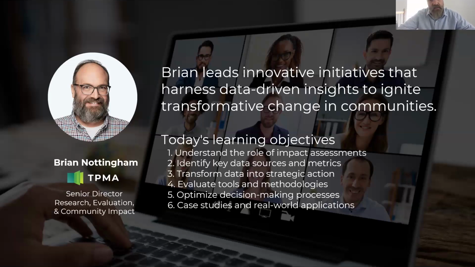Like I said, there's a lot to cover here. There's a lot of really complicated topics. But in general terms, as far as what we're trying to accomplish today, I just want to talk a little bit about the role of impact assessments and how they can be utilized and deployed in communities. I want to talk a little bit about some of the data sources. This is one part art and one part science. Of course we have standard data sources we can use, but really we're happy to pull in data and resources from any type of independent or internal database, depending on the question at hand.